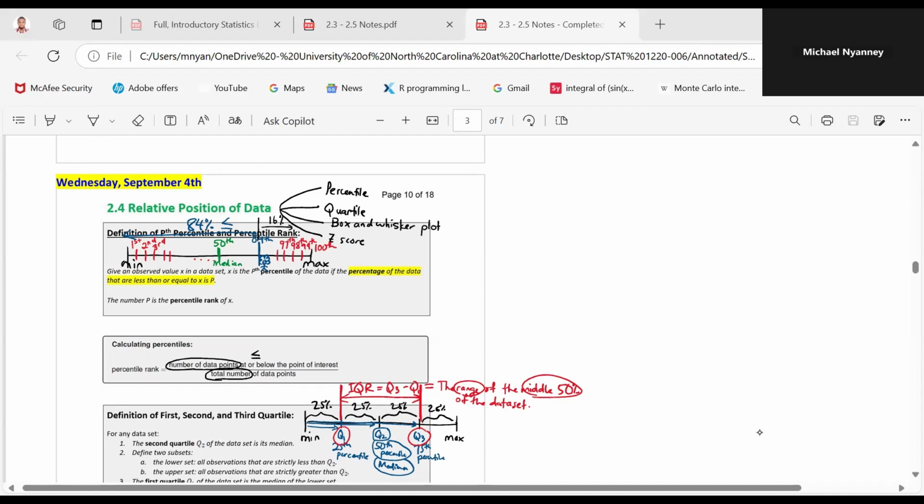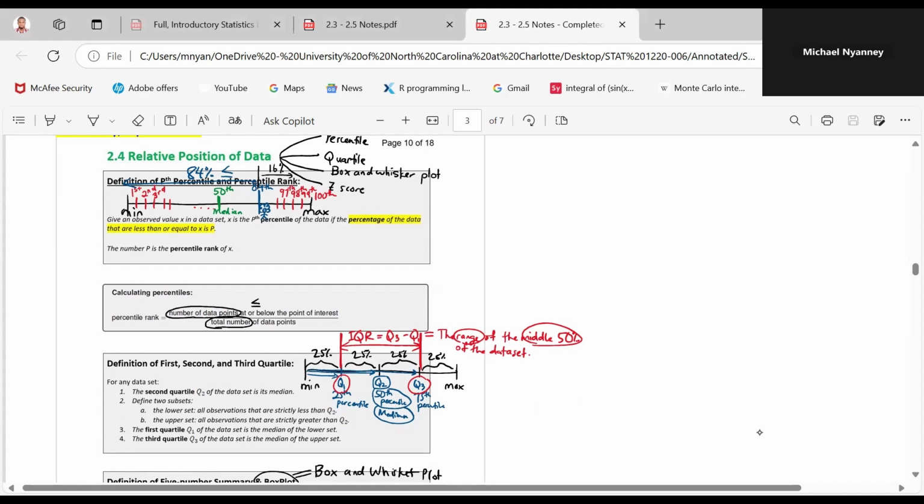So sometimes we have an observation in our data set, maybe S, and you want to rank this S in terms of percentages. So we do that by using the percentile rank of S. But before you do this, for you to rank this S, you have to rearrange your data from the smallest to the highest. Then you can rank your data in terms of percentages. So the percentile rank is equal to the number of data points at or below the point of interest. So if S in your data is your point of interest, we don't know it, then